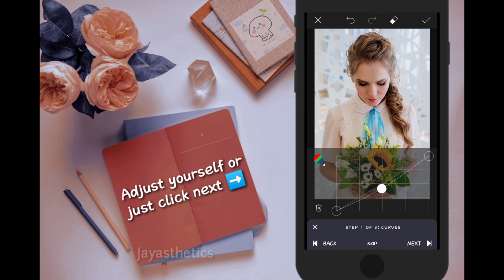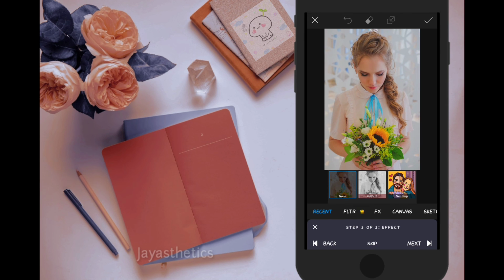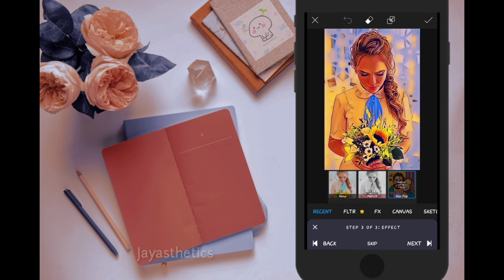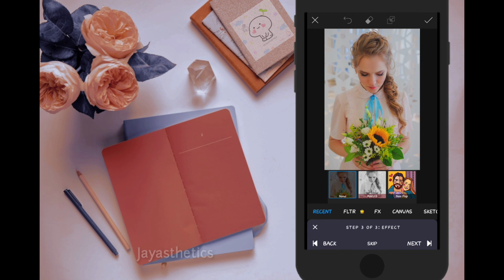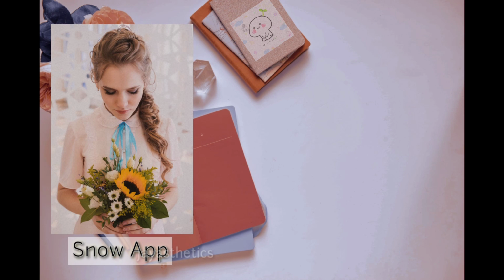You have to adjust it yourself depending on the photograph, and then click on next and then apply the next steps. These are already made, so you don't have to work hard. You just have to adjust it properly of your choice and apply those filters whichever you like. And now I like this and I'm saving it on my gallery.